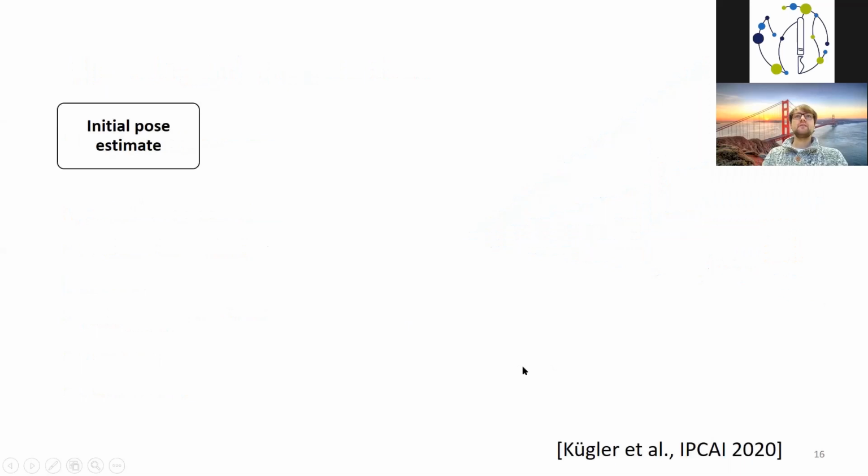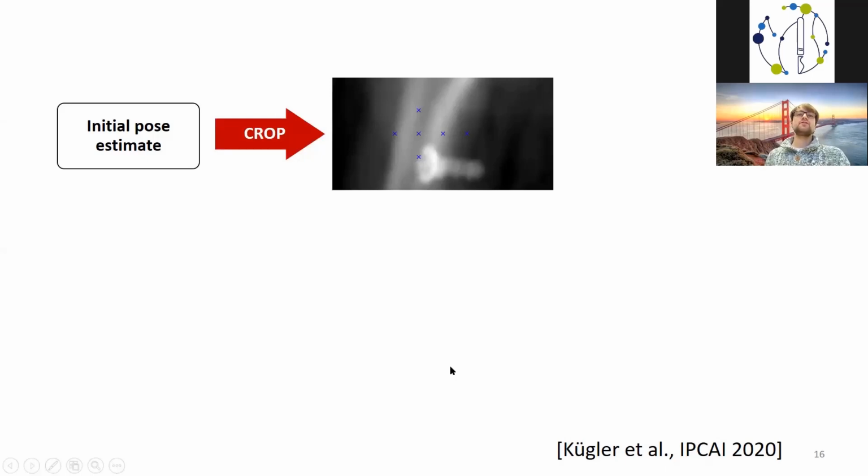So with this data set that we have, we now in step 1 have the problem design task, and we want to identify a problem setup that we can then use to solve this problem. And obviously we could just put the numbers and images in and hope that the right thing comes out, but it turns out that this is actually not too effective. So in our solution, we say that we know an initial pose. So let's use this information to make the problem more streamlined and more accurate, actually. So we start with an initial pose estimate, and then we crop around the initial pose that we have,